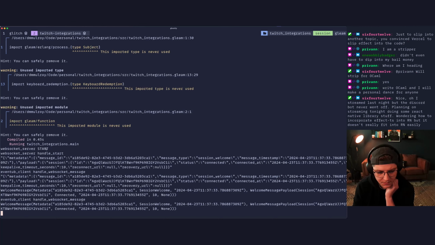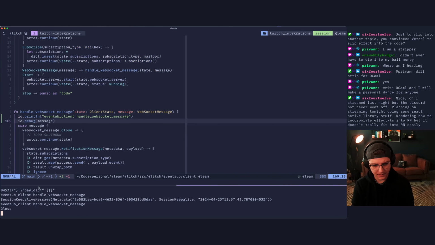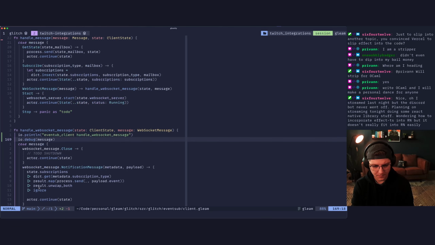WebSocket server handle start, event sub. All right, so we see it there. So it's not propagating back up to the next layer. So we probably aren't sending it to the mailbox.